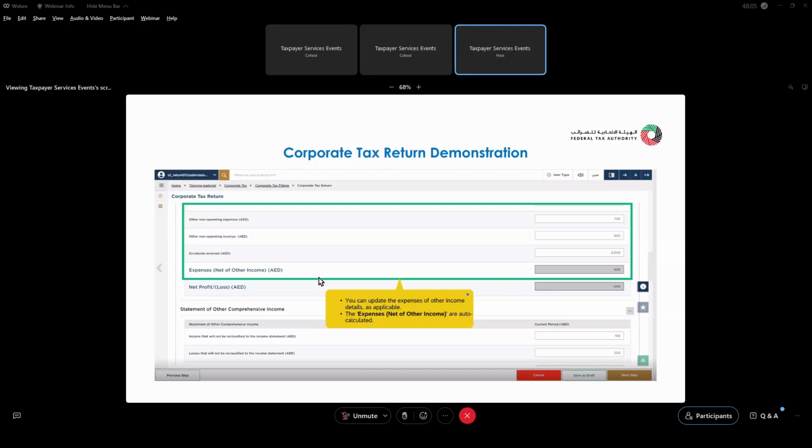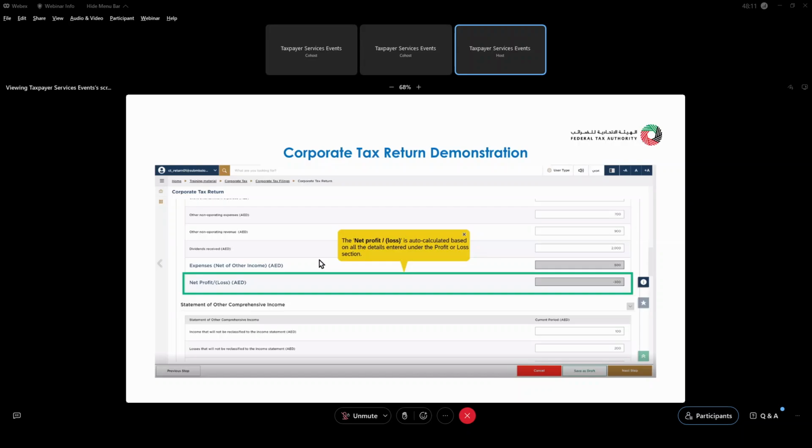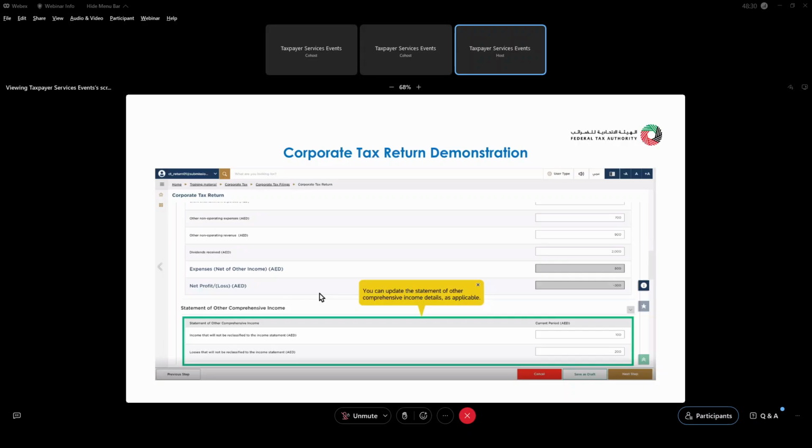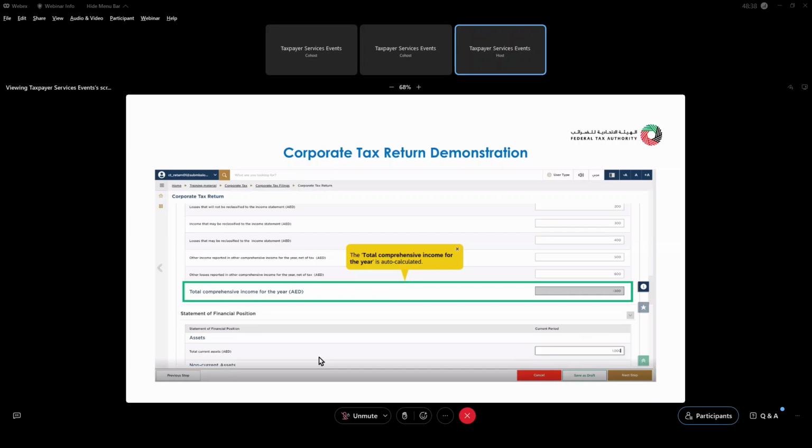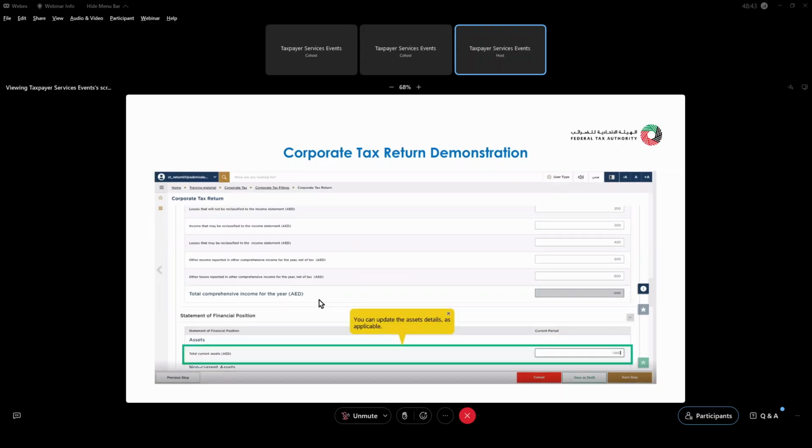You will have the net profit or loss in dirhams grayed out for your reference and auto-calculated based on all the details you've entered above. You will scroll down by updating the statement of other comprehensive income details if applicable, and you will have the total comprehensive income for the year auto-calculated and grayed out for your reference. Once you review the total comprehensive income of the year, you will scroll down to the